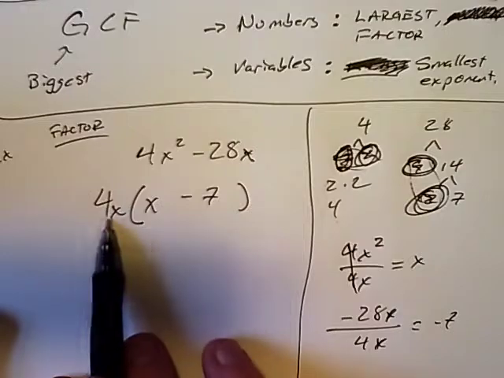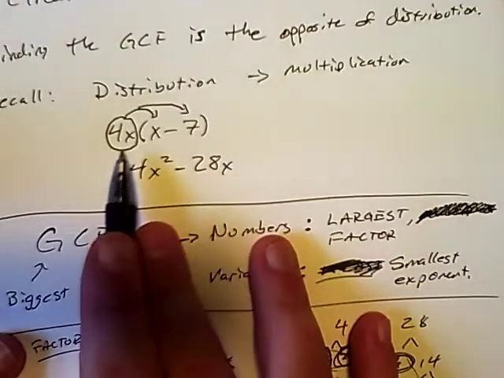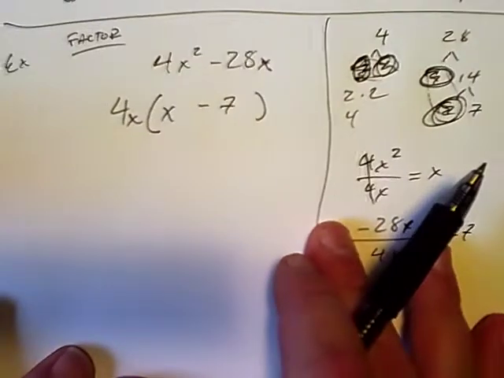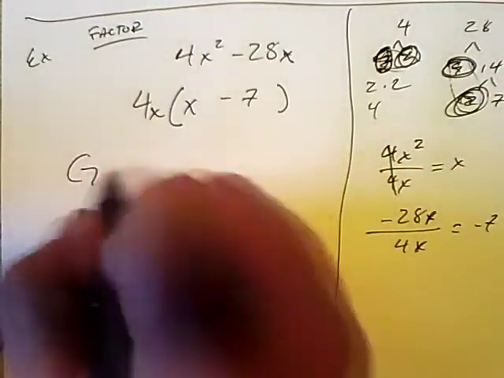So now I can see 4x times x minus 7. Is that the original? Well, yeah, sure it is, because that's what we had to begin with back over there. So then if we want to break this down into steps, when it comes to the GCF, if I were going to break this down into steps,